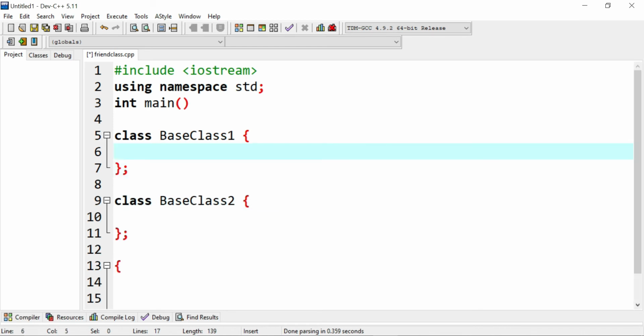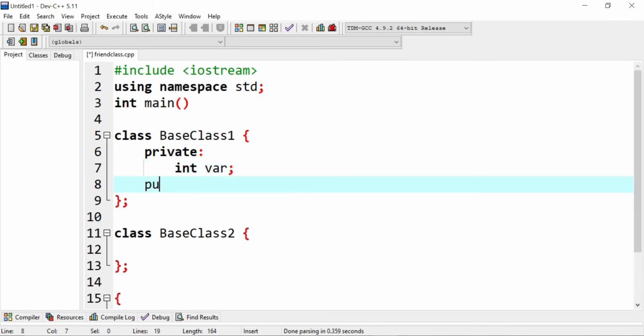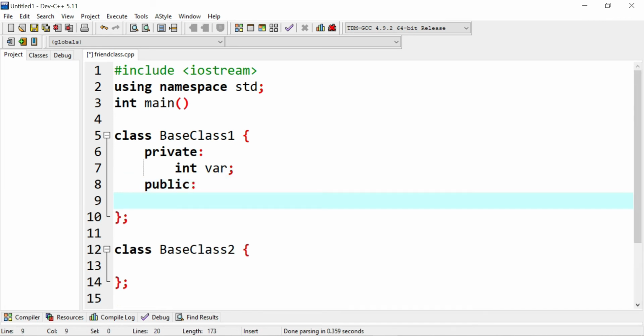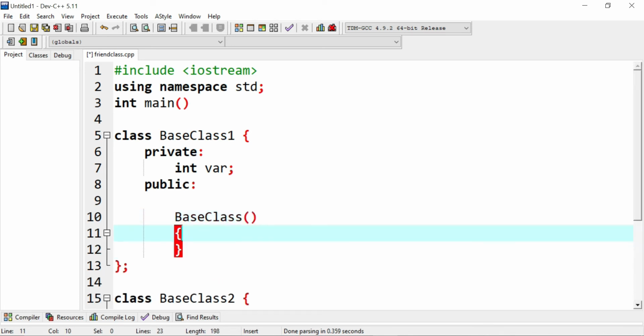So what I'm going to do first is go into my base class 1. I'm going to have the private access specifier set, and inside I'm going to create a variable. I would just call it an int variable, var. Now I go to my public section, and what I'm going to do here is create a parameterized constructor. So we say base class, and we're not going to give any input parameters because it's a